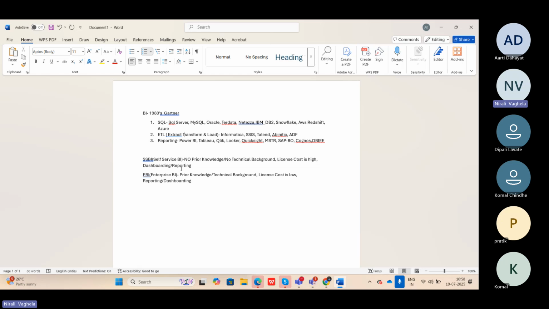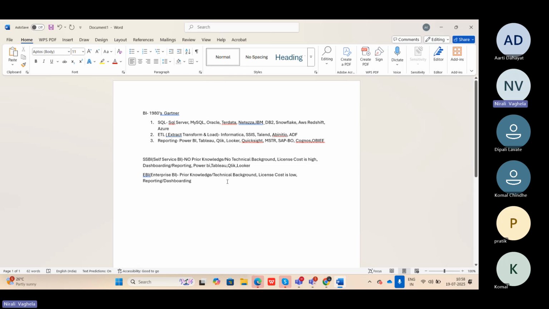Okay, so here is why people have started moving. Here comes Power BI. We have Tableau, Qlik, Looker, and many more.